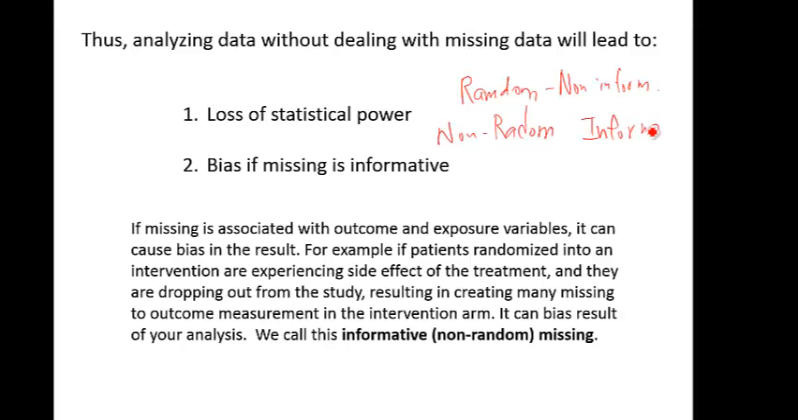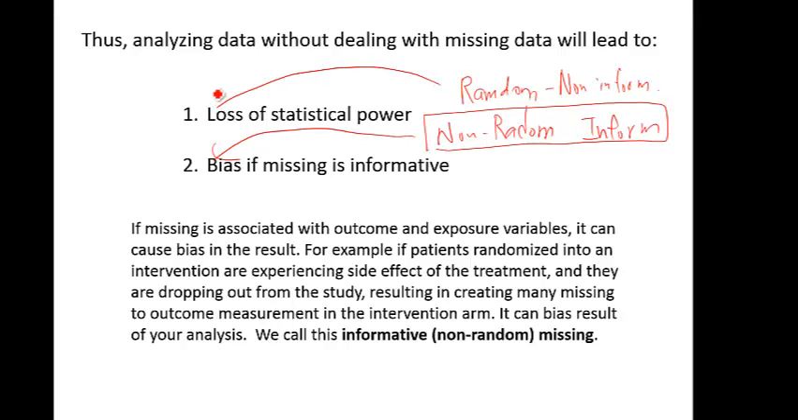Okay. So we need to watch out more when the missing is not happening at random. This can cause bias. And random missing, by the way, can cause loss of statistical power. Non-random missing is both. Now, why is non-random missing so important? Okay, so I'll give you an example. Non-random missing happens when the missingness is associated with both the exposure variable and the outcome variable. And for example, in